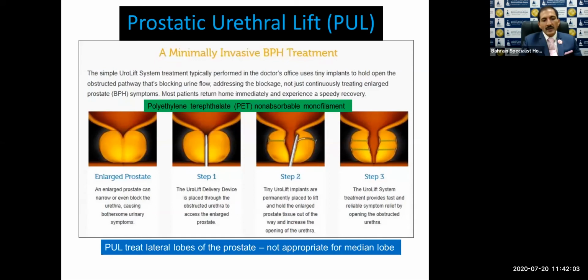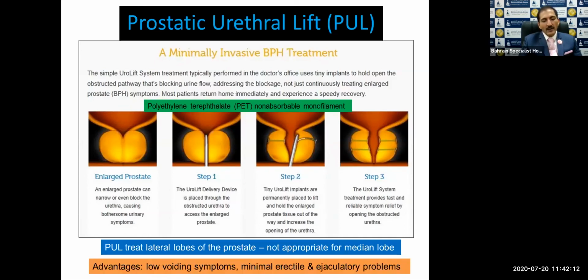Most important to understand is that it will treat the lateral lobes of the prostate, but it is not appropriate for median lobes. So for those patients who have a median lobe, this technique is not to be applied. The advantages are low voiding symptoms and minimal sexual side effects, minimal erectile function change, and minimal changes to